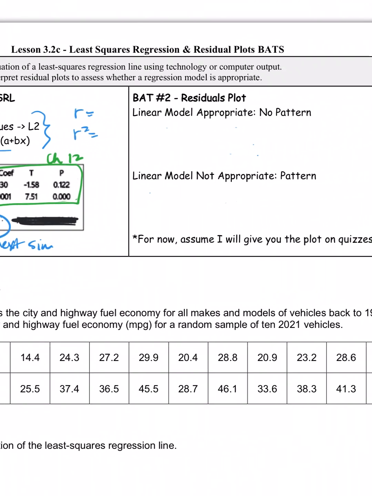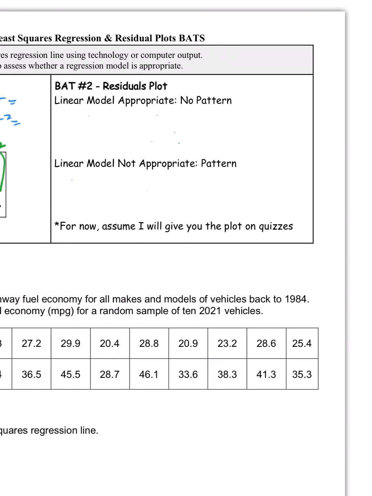All right, now on residual plots. When is the linear model appropriate? Well, if there's no pattern at all, it's just a scattered cloud of dots. There's no pattern. Well, when is it not appropriate? It's not appropriate if there is a pattern, and these are the most commonly found patterns, like a parabola facing up, a parabola going down,